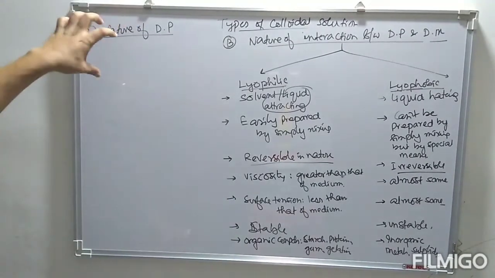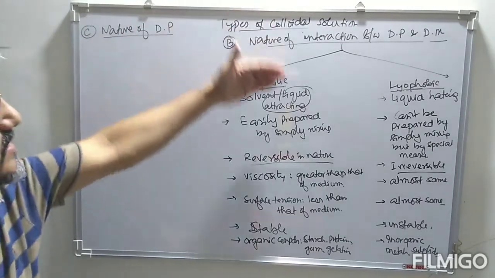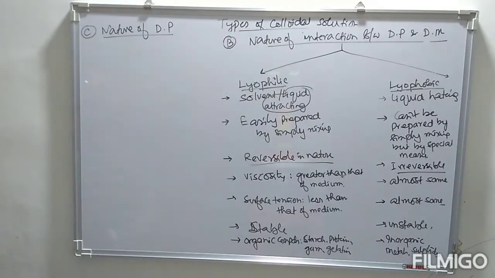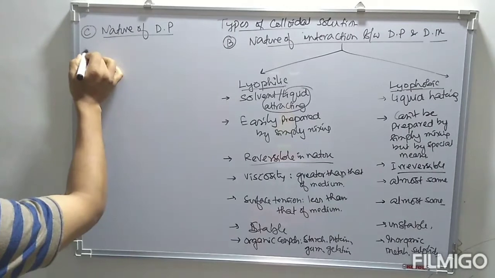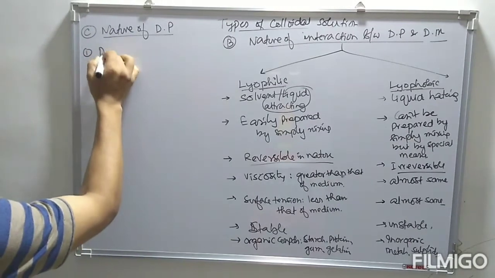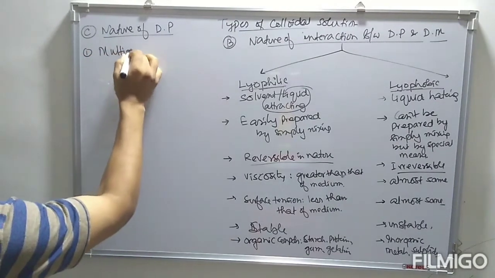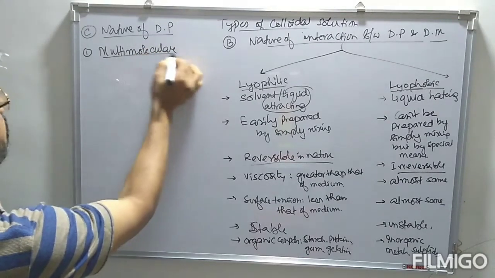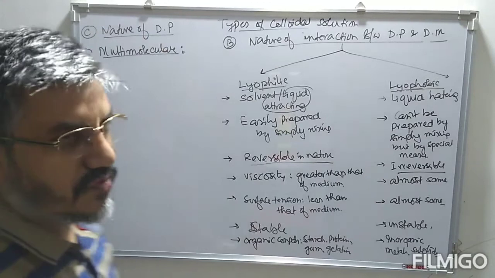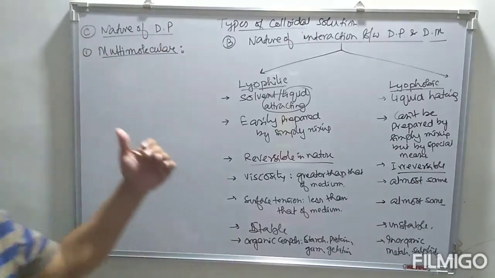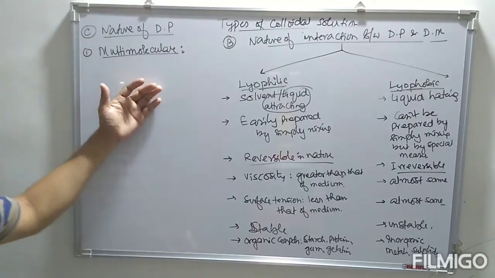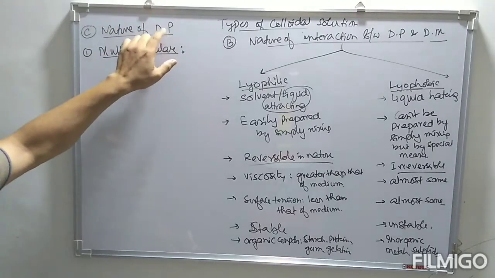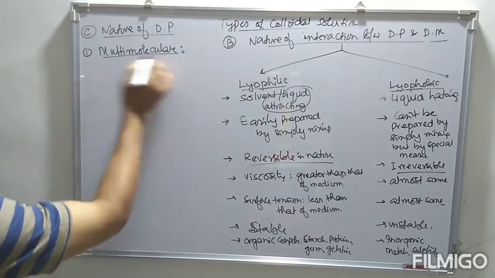Based on the nature of dispersed phase, we can also classify this colloidal solution into different forms. We have multimolecular colloidal solution. So the first type of colloidal solution based on the nature of dispersed phase is known as